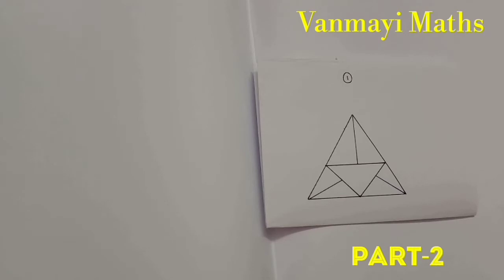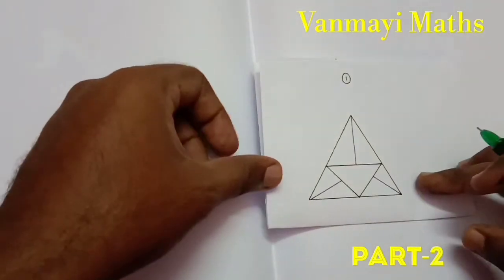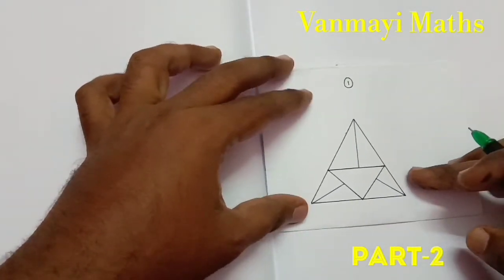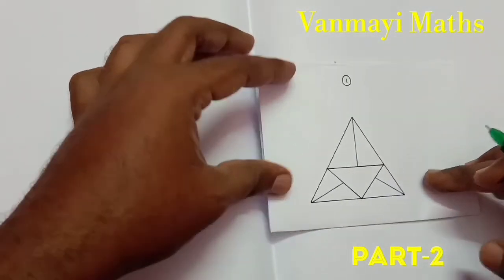Today we are going to learn counting figures, part 2. Here we have to find the number of triangles in a given figure. So first of all, how many triangles are there that we are going to find? So here,